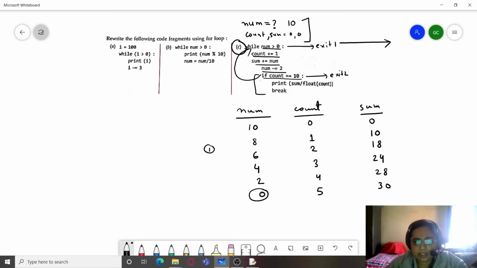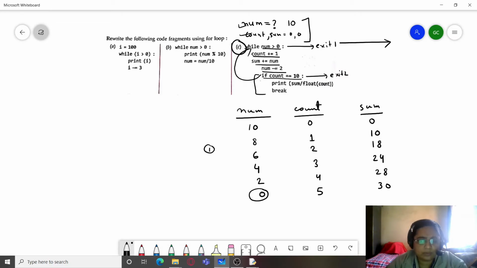We will be just checking whether we are getting these same values using a for loop or not. So we have to convert this whole loop into a for loop. So how to do that? First these statements will be as they are and num will be asked from the user. Now here it is while num is greater than 0 and num minus equal to 2.